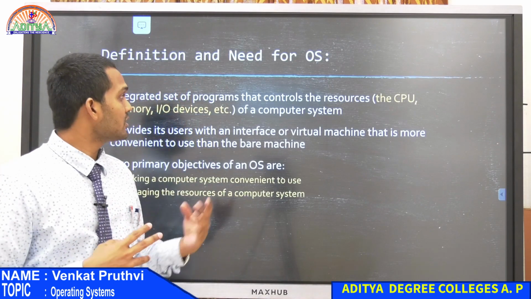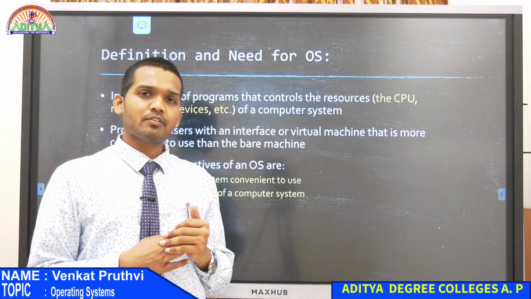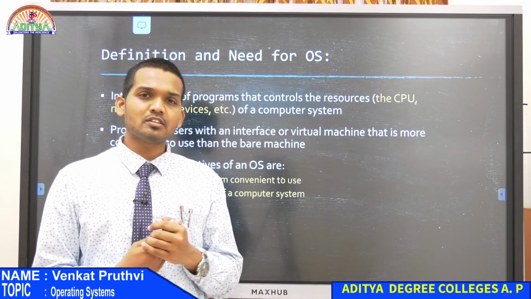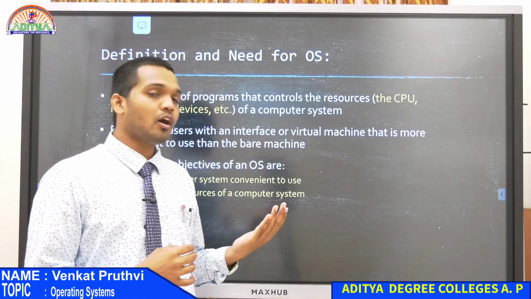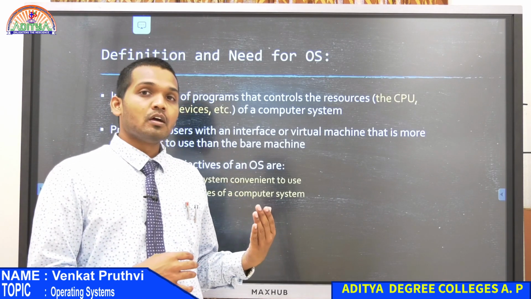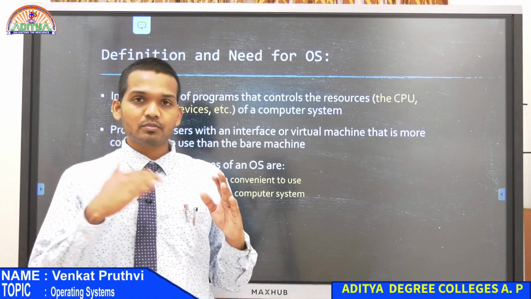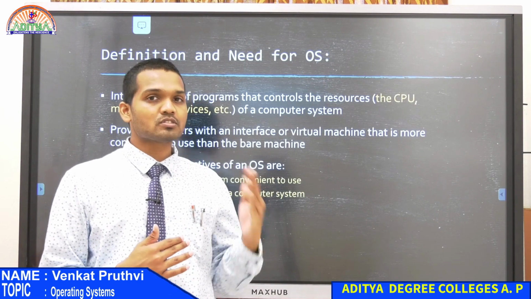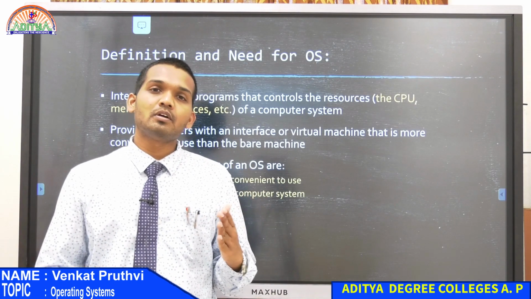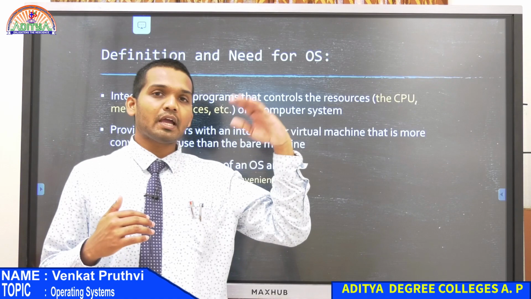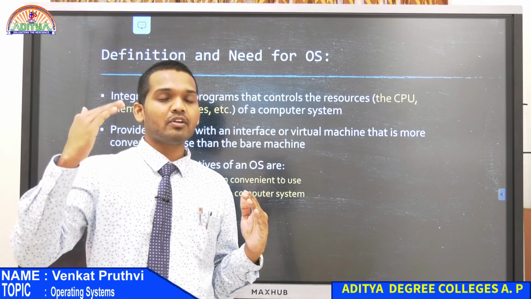The same way, the CPU or the computer also has to perform so many tasks, right? They are assigned many tasks that need to be done. And how will we perform those tasks? There need to be resources required for performing the task. Based on the resources we have, we will be able to perform that level of task. If it is a very high level task, then we require very high level resources.